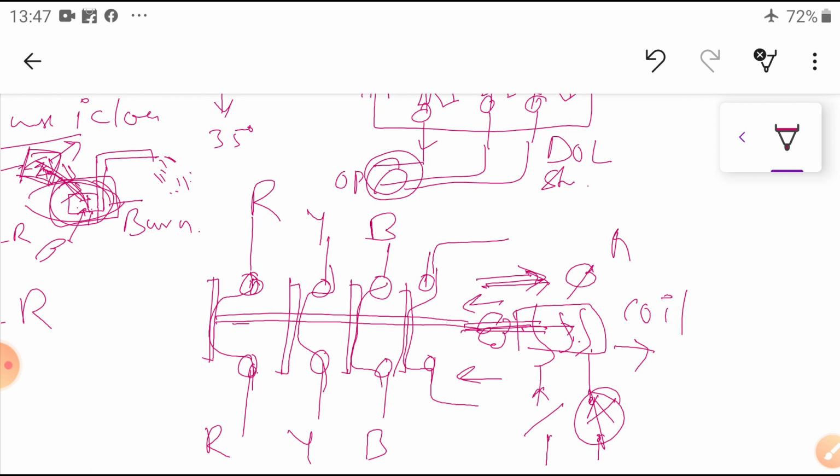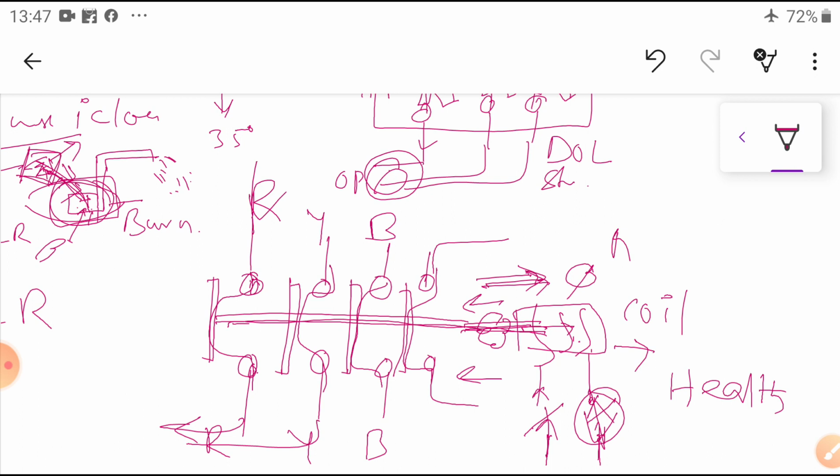You can operate it as long as the coil is in healthy condition. That means it requires some current flowing through the coil, entering and leaving, in healthy condition. It will pull this mechanism inside, then all contacts are closed. Then whatever the input supply is goes to our motor terminals, so the motor works.